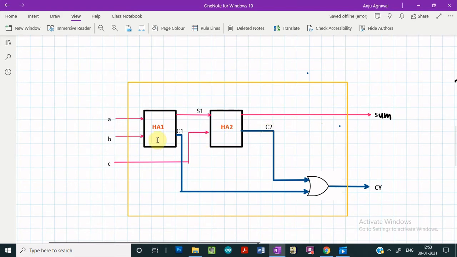So the lowest level over here is the half adder and the topmost level is our full adder. In the bottom-up methodology, we have to write down the module for the lowest level, which is the half adder in our case. And then using the half adder modules, we will see how we can write down the module definition for the full adder using the concept of hierarchical design.